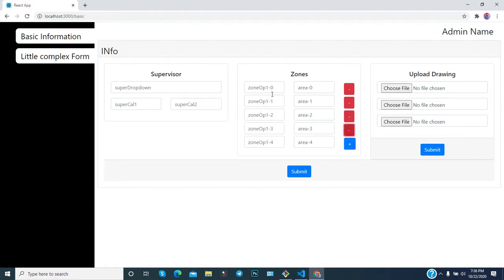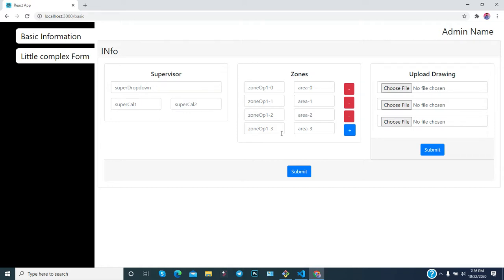It means, as you can see, 0 1 2 3 4. But if you delete this one, then the 4 will get deleted, not this one. Let's check it. If I delete the placeholder zone op1-1, you can notice that the last one got deleted.